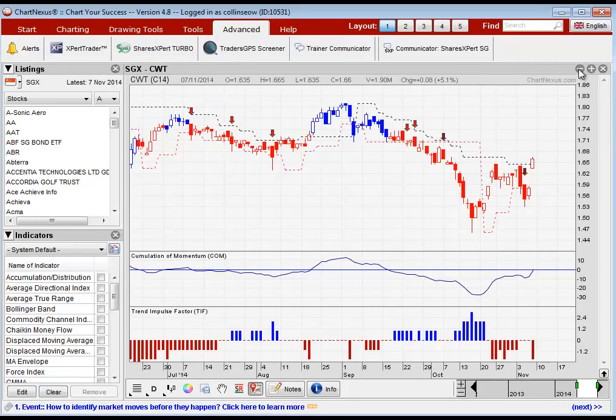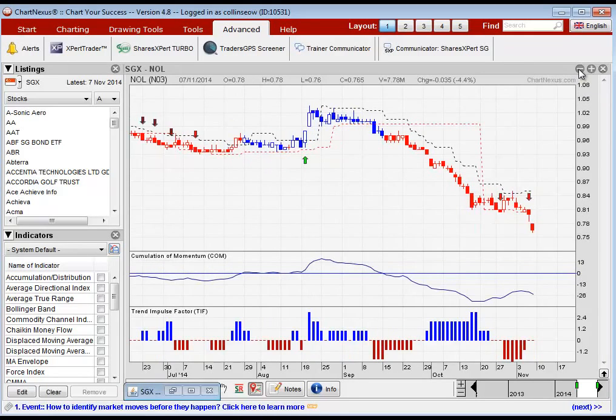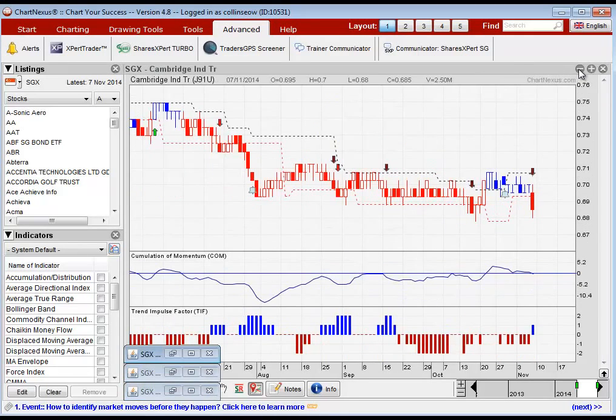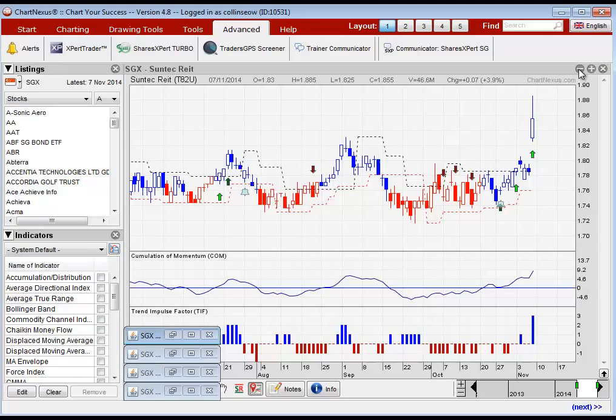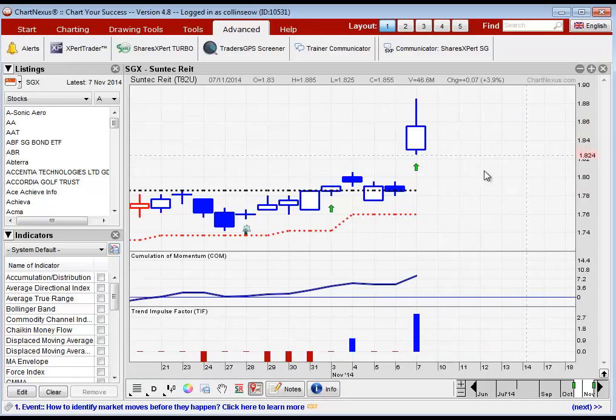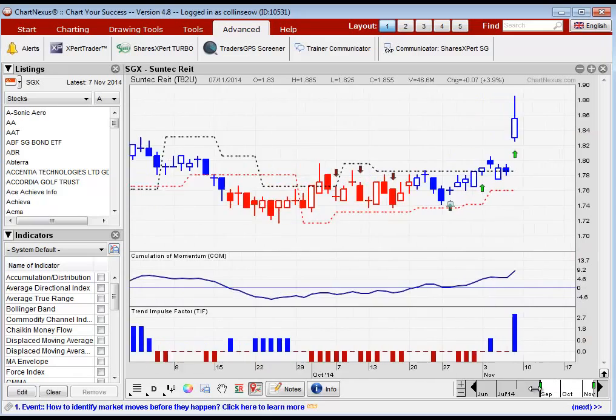So let's look at the first thing first, which is Suntec REIT. Okay, let's look at Suntec REIT. This is a buy signal, and the arrow appeared on this day. So the idea is to buy above the high. Take note that this is a new signal over here, and you will buy above the high of this candle,